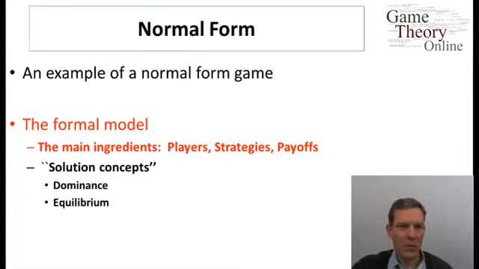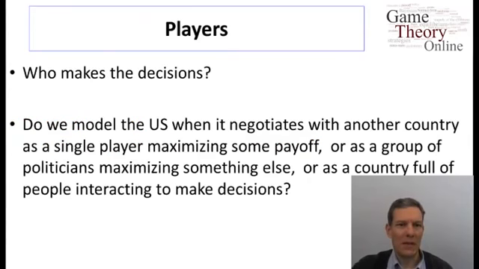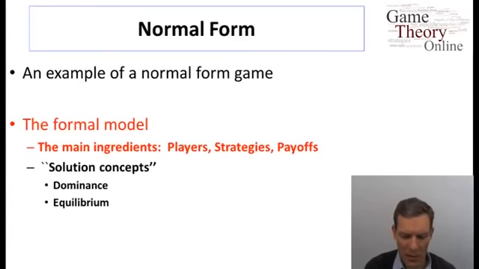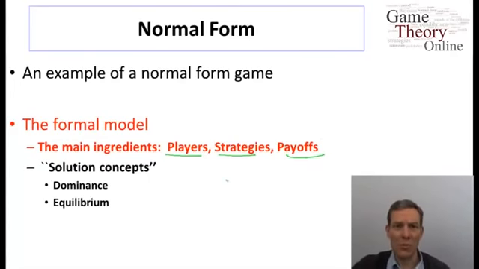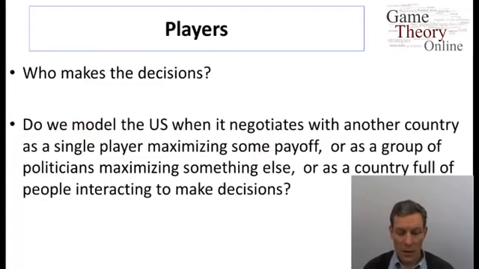So in terms of representing a game, there's basically three main ingredients here. We have players, strategies, and payoffs. And let's take those each in turn. In particular, we'll start with players. The players we'll include in a game are the people who are actively making the